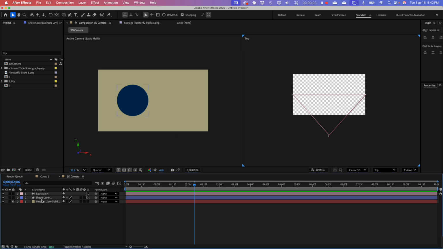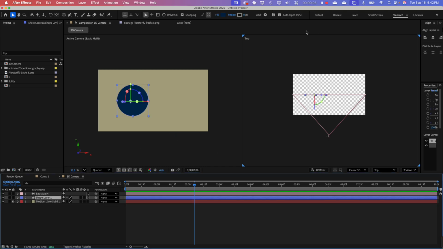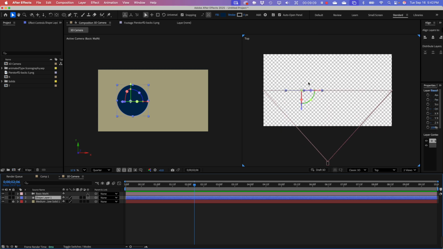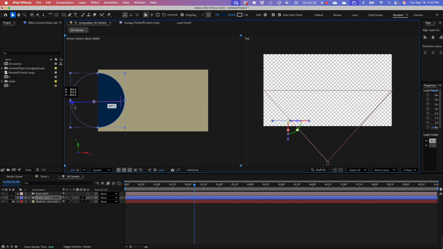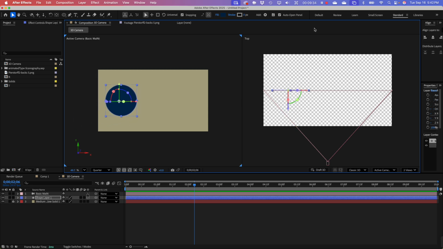So if I go ahead and grab this shape layer that I've got, zoom in here, I can move it left to right, up and down, and then in and out, but I can't really get to that very well. I can, but if I grab that widget and pull it, it's kind of pulling it towards me. I find it easier to do the Z depth. If I'm working in the top view, I can just grab this arm, and